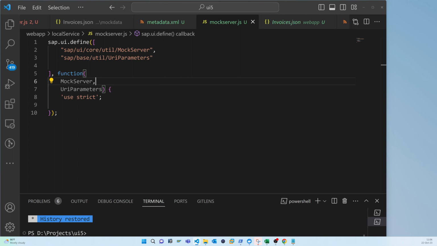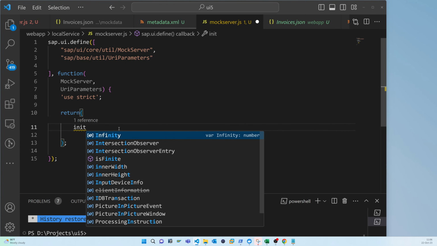So now we have to use that return. We have to close this return, otherwise it will be difficult to remember. So now here is the init function,